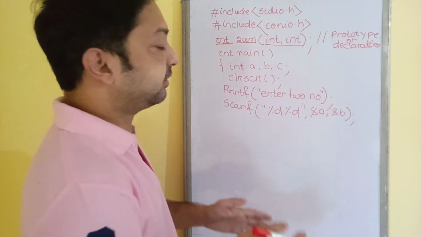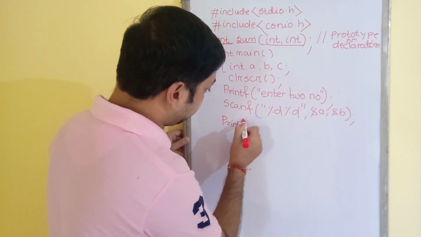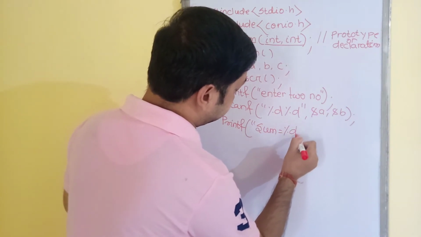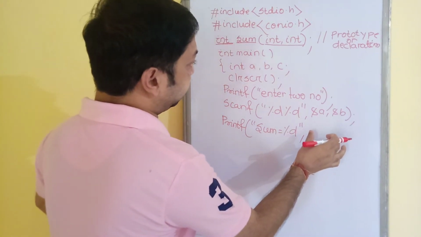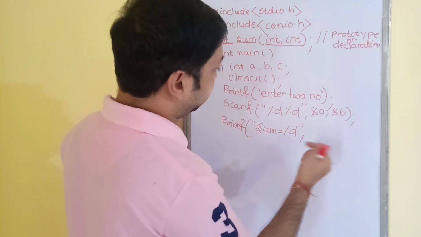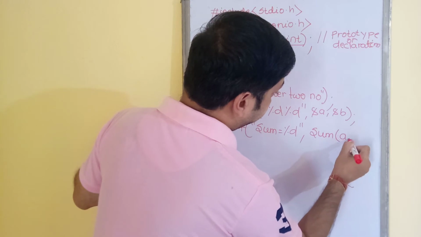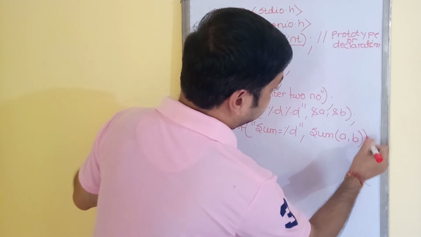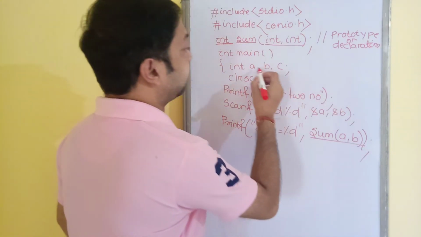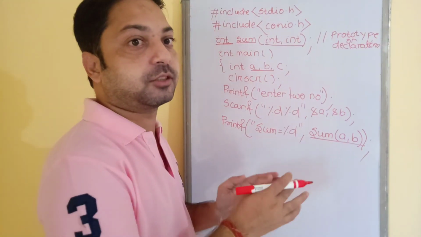So next one is to define the function call. So now you can write here printf sum equals to percentage d, and what variable will display there, you know that is stored in your c, but in this case that can be defined by your function call. So what is the function call? You have to write here sum a comma b. So this is nothing but sum is the function name, and a and b are known as your arguments. So whenever you are passing any value to a function, that is known as argument or parameter.